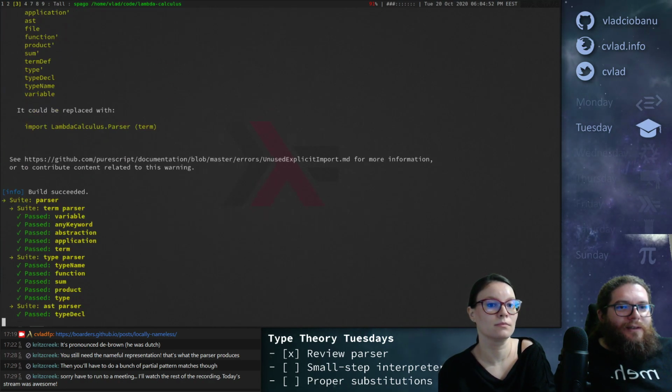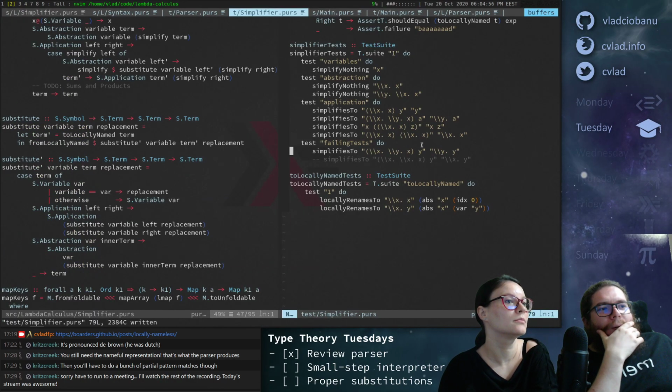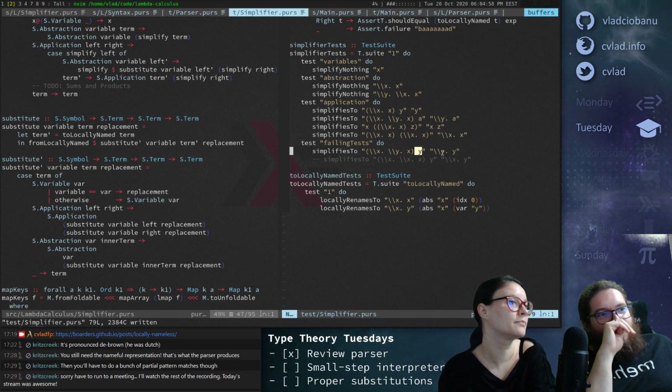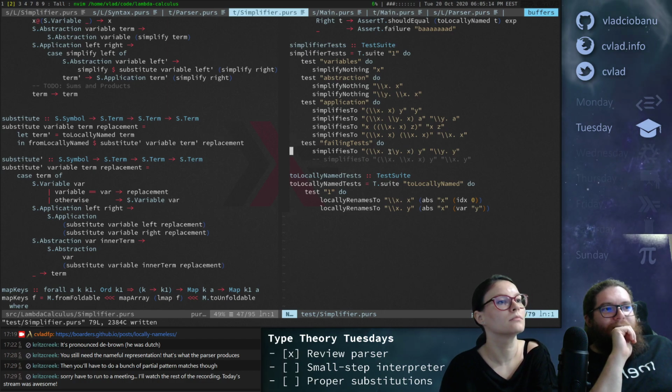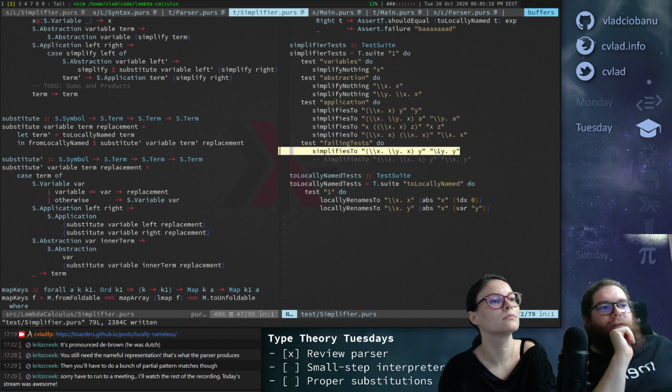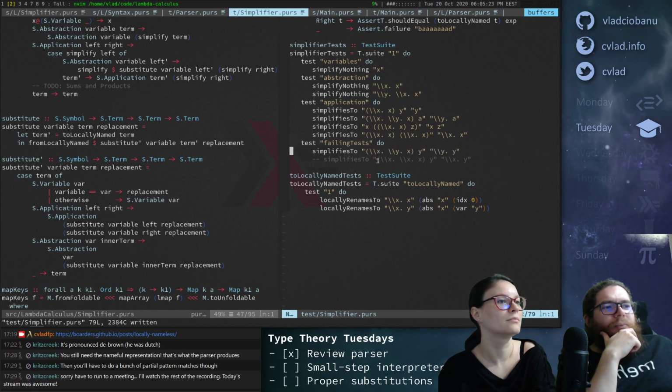Okay, let's make sure that's true. Okay, why? Yeah, I was reading it wrong. Here we just put y here, but this still simplifies to y. So we didn't fix anything, because this wasn't the one we should be fixing. This should simplify to something else, and this should be alpha renamed. We did not fix anything. And then what's this problem?